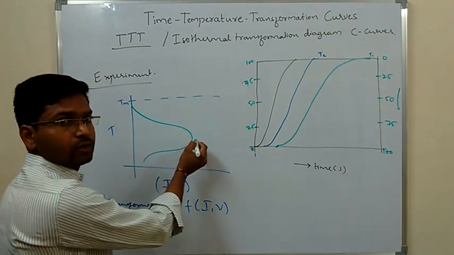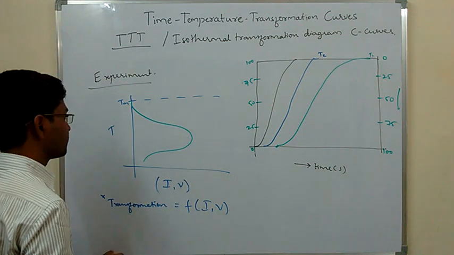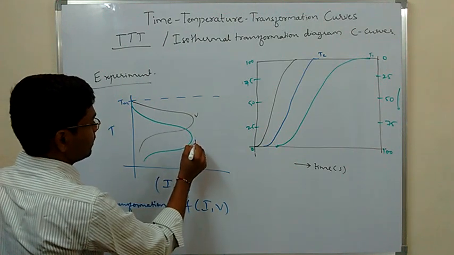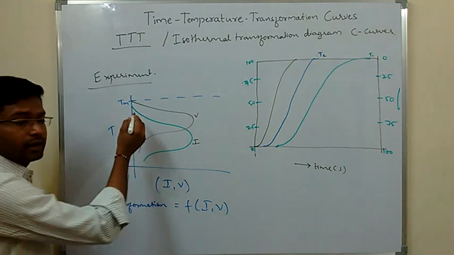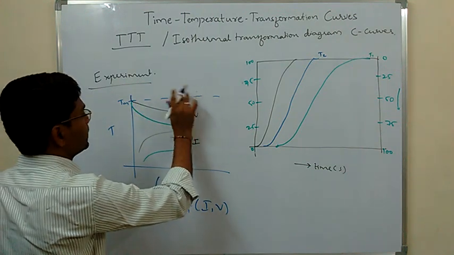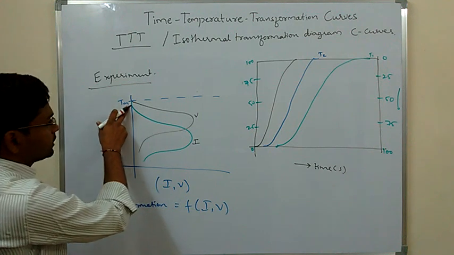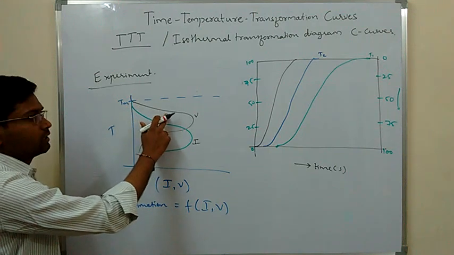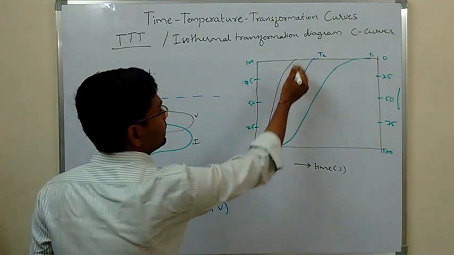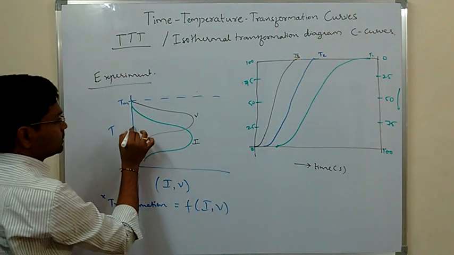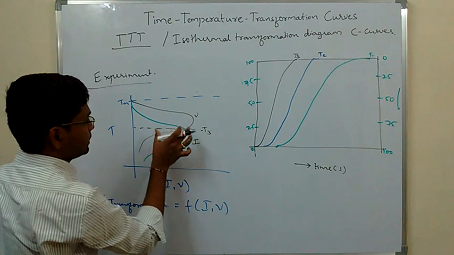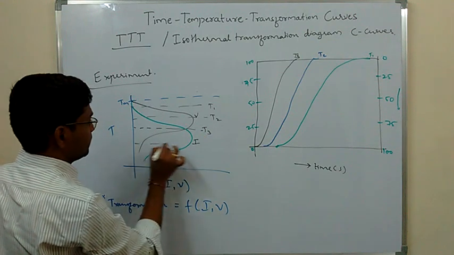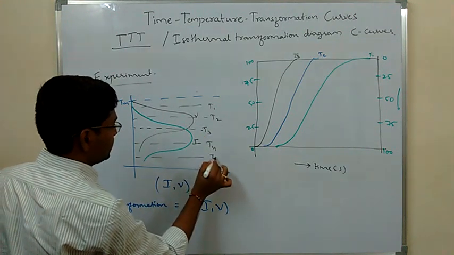This is the nucleation curve, nucleation rate, whereas this is V and I. This is the growth rate. So at this temperature, the melting temperature, the nucleation rate is very low, whereas the growth rate increases. Same thing here: T1 temperature, T2 and T3. Suppose I take the T3 temperature in this region. This is T1 temperature, T2 temperature, T3, and T4, and T5 temperature.